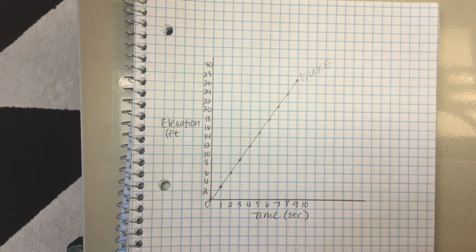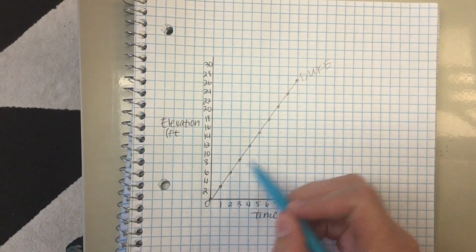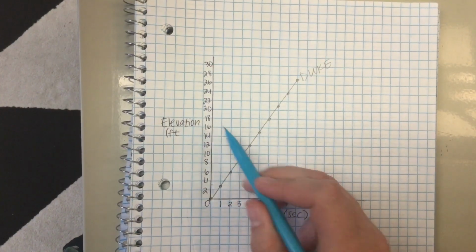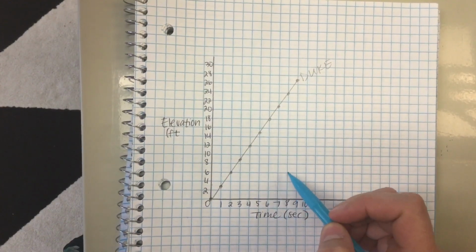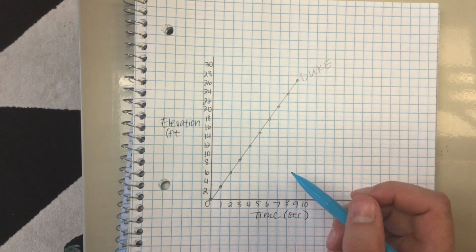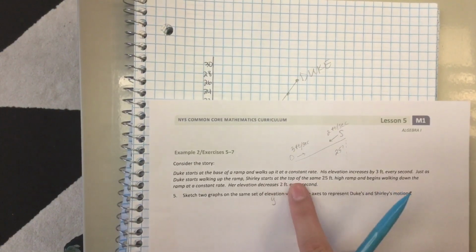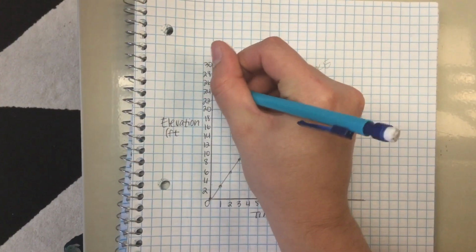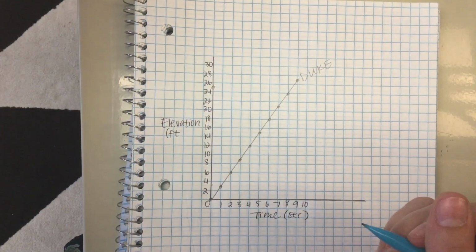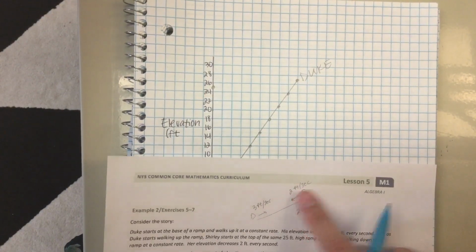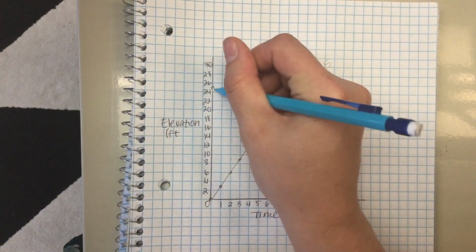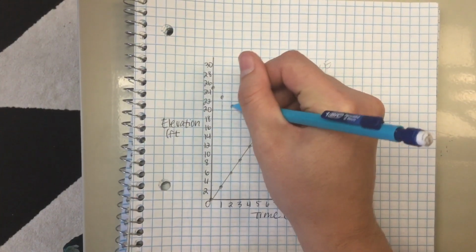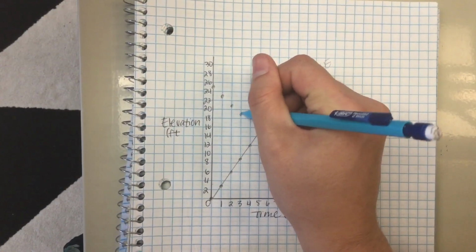Now I can see what Shirley's looks like. So we said that Duke was going 3 feet per second, which is a little faster. So we hopefully will be noticing that Shirley's slope is a little bit flatter. Not by much, but she's only going 2 feet per second. And the story says she starts at the top. So her elevation at time 0, she's already here at 25. So if she's at 25, she is decreasing at 2 feet per second. So down, I'm going to be at 23, 21 after another second, 19,